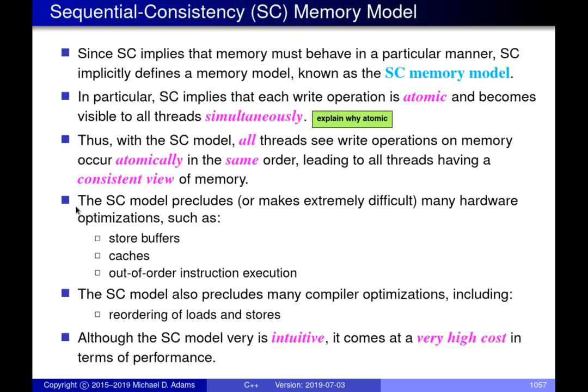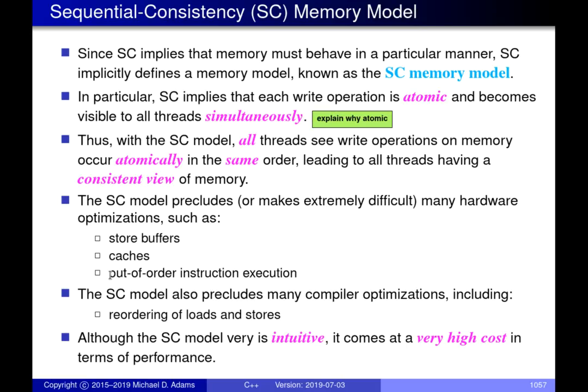Unfortunately, this particular memory model precludes almost every useful optimization that we want to do, either in hardware or in terms of optimization that we might want to perform by a compiler. Depending on what your background is, some of these terms may or may not make sense to you. But for example, optimizations that are done in hardware: store buffers, caches we've talked about, obviously, out of order instruction execution. Whether you're aware of it or not, when you compile your code, you get certain CPU instructions. When you actually go to run it, the processor can just say, well, I don't really like the order those instructions are in, and it can reorder them and execute them out of order on the fly, as long as it doesn't violate data dependencies between the various different operations that are happening.